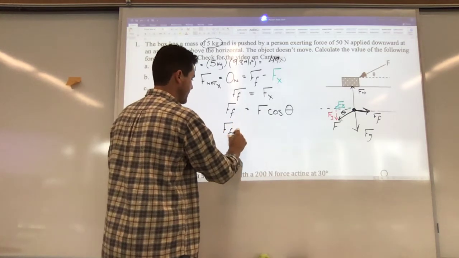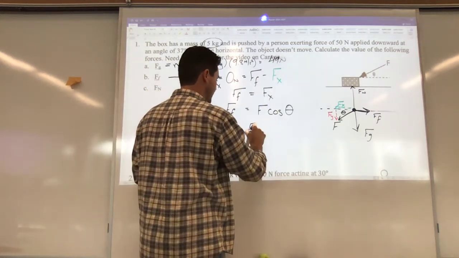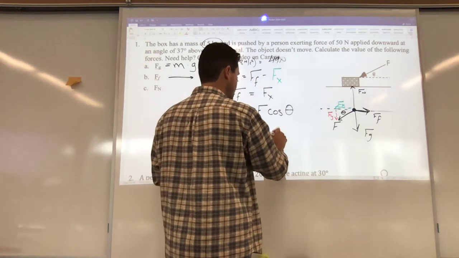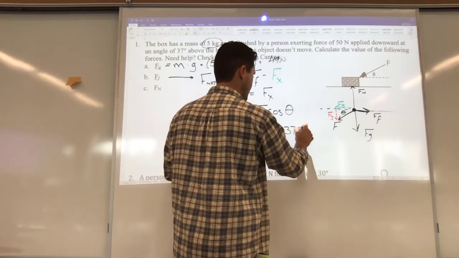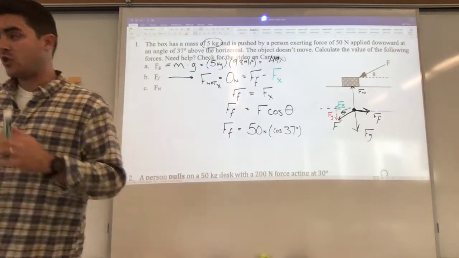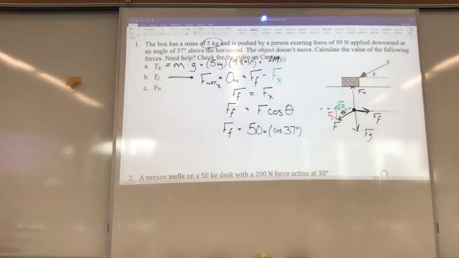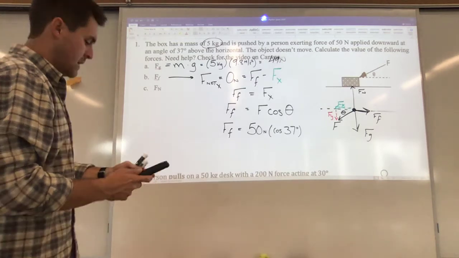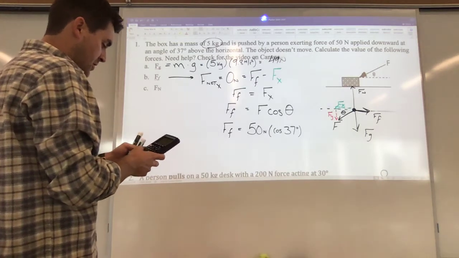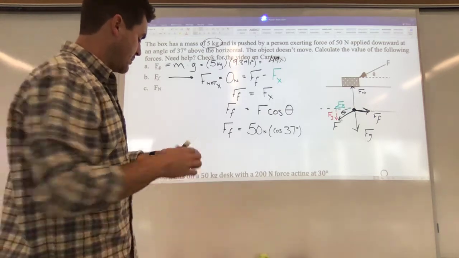So let's check that out. Force of friction is equal to the 50 newton applied force times the cosine of 37 degrees. Now, this is your chance to make sure your calculator is in degree mode, because if it's in radian mode, we are not going to come up with the same answer. So double check, and if you're not sure how to change it, go ahead and watch a YouTube video to figure out how to change your specific calculator into degree mode. But 50 cosine 37, I end up with the force of friction